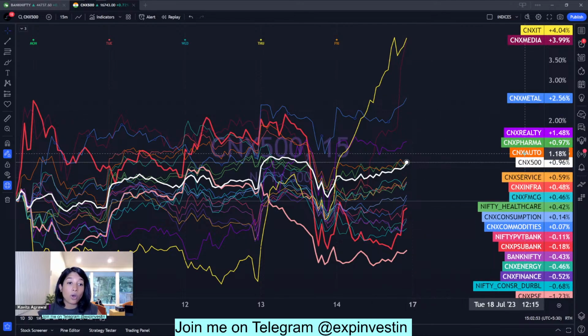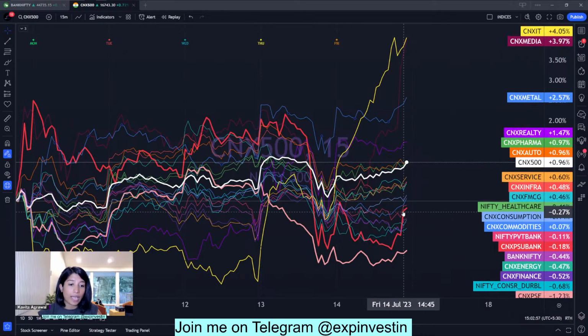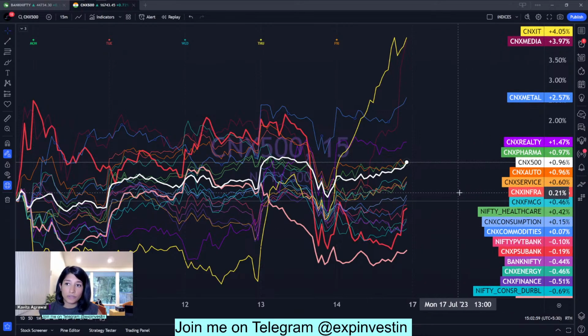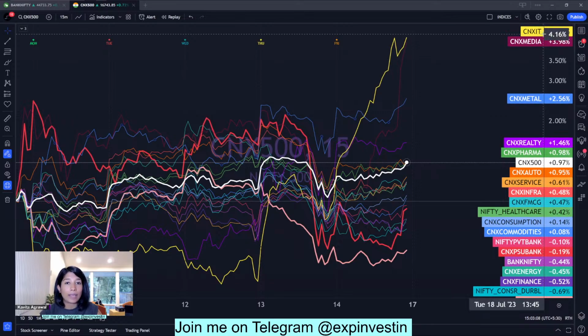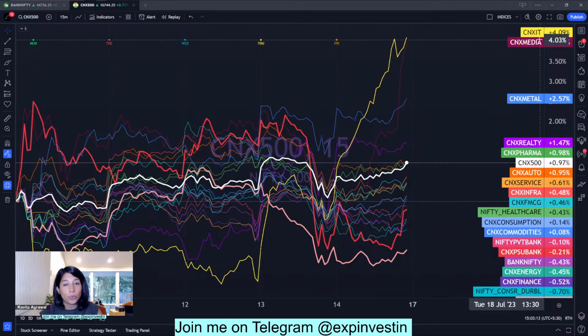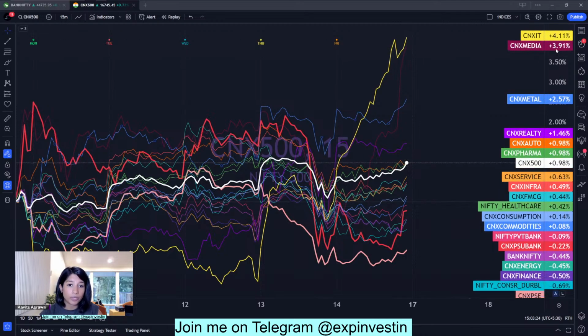And auto sector, pharma sector, realty sector, these three have also been part of the active positions for us. And this week, especially today, we can see a massive rally unfolding in the whole IT sector. I believe this is being backed by the rally which is also being seen in the US markets. Metal index is not far behind with 2.5% gains. The media sector is also coming out pretty strongly.